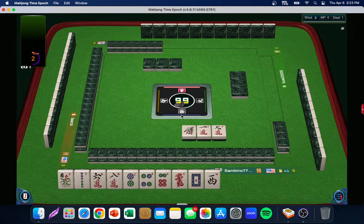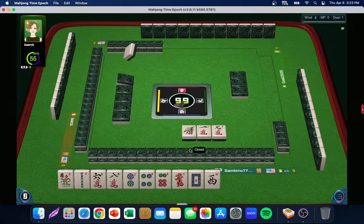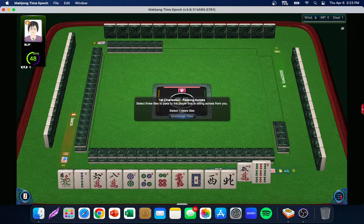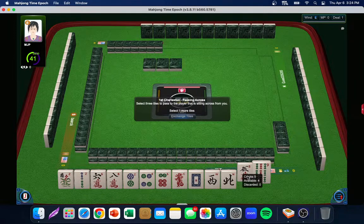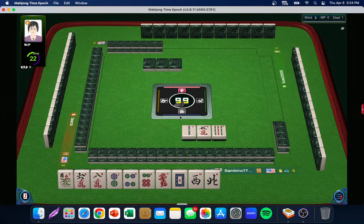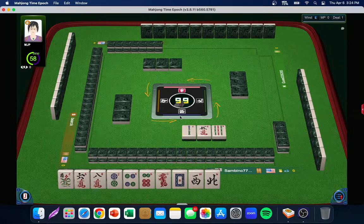I guess we're just waiting on that then. Okay. Well, that didn't really help us at all. Now the only thing that I have to ask myself is that if I get rid of these odds, are more odds going to be passed? Because they passed odds. So should I hold odds and get rid of evens? I'm just going to get rid of this 2 here. I'm going to see what comes out of this, because the 2 BAM would not have done much for us, unfortunately. I would have liked it to do a little more, but...